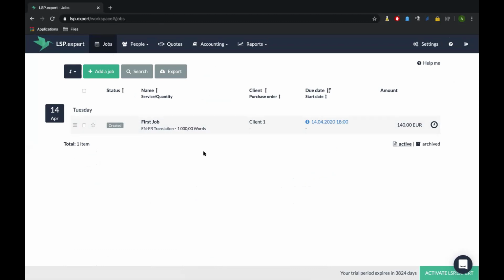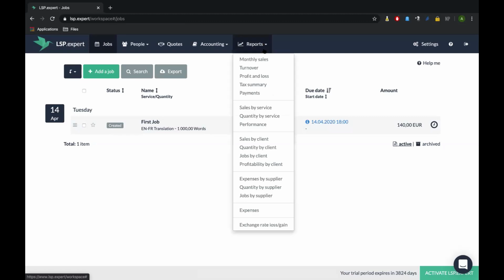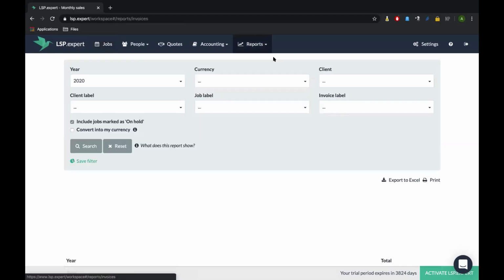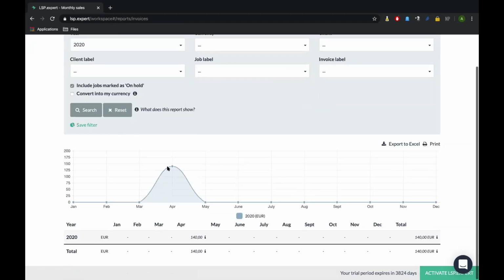The nice thing, something I really like about LSP.expert, is that when you have an amount that is evaluated, you can then go to your report section, see your monthly sales, and automatically the amount will be added to this section, okay?